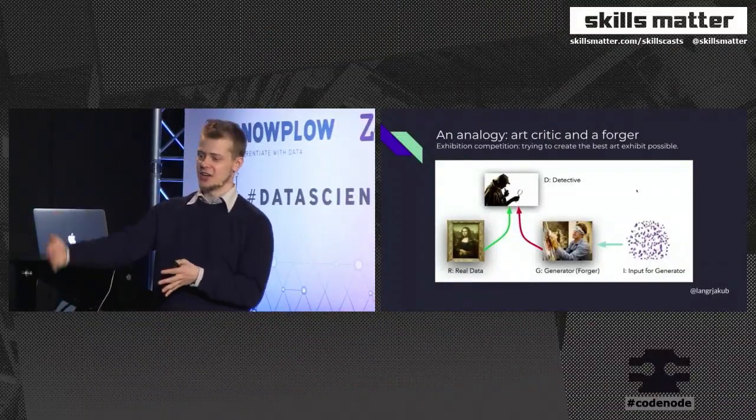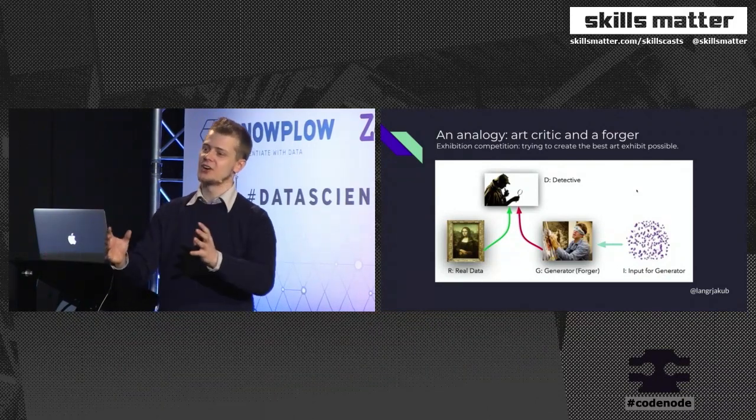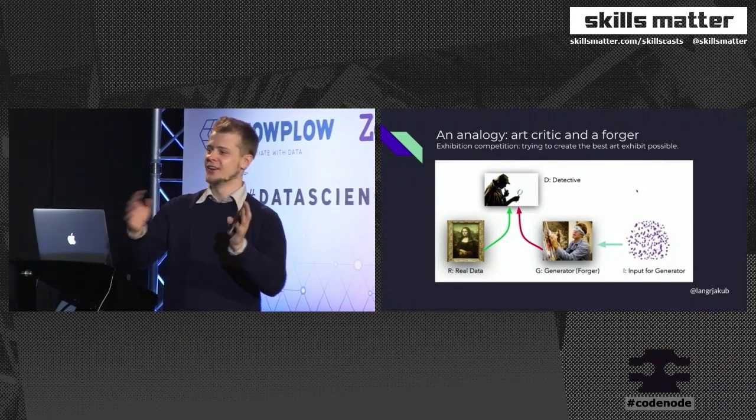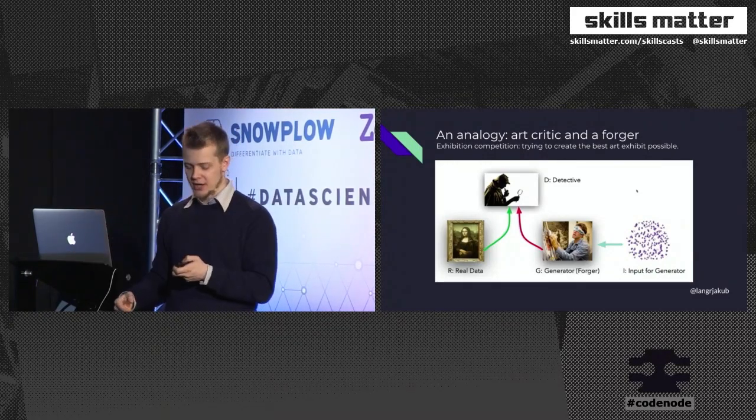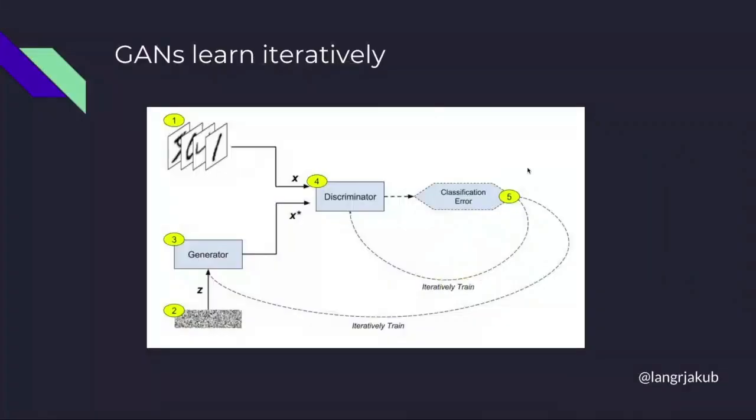So then the art critic gets better, right? So the discriminator, the art critic, and the generator, the forger, both get better through this sort of competitive dynamic. In other words, this is all an iterative process, right? So when you get this real data, it feeds through mini-batches to the discriminator, and